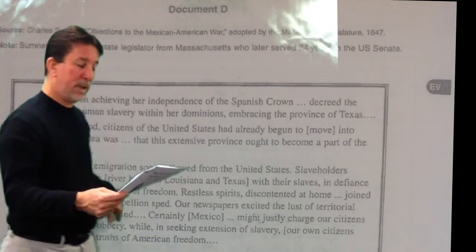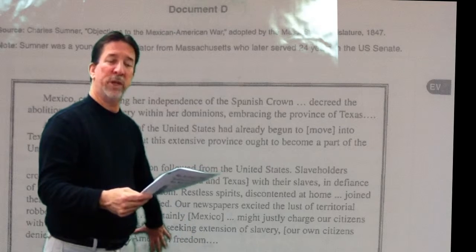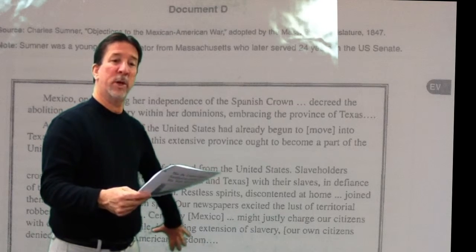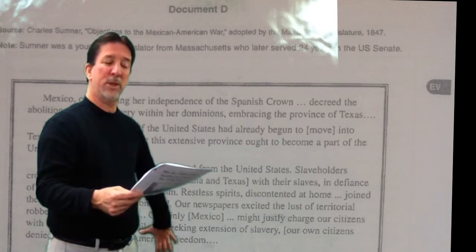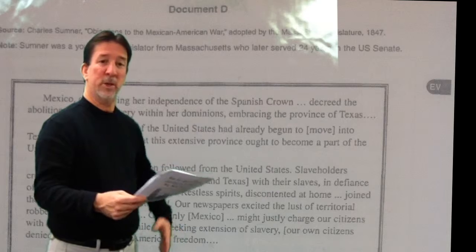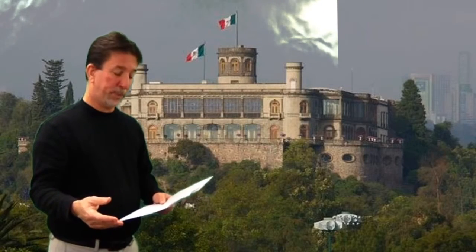And so we look at the text, and he talks about how slavery is moving, it's expanding. And let's think about expanding where? It's going west. So maybe some of these people are really concerned about the expansion of slavery. So it's not just about territory, but it's also about expanding slavery.